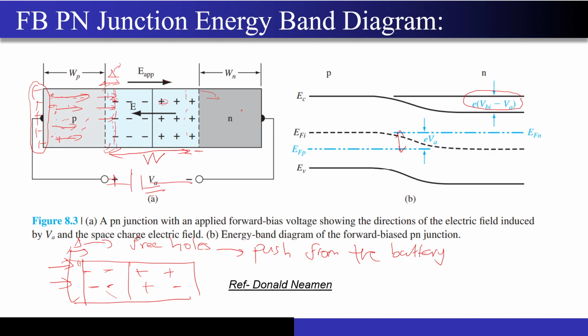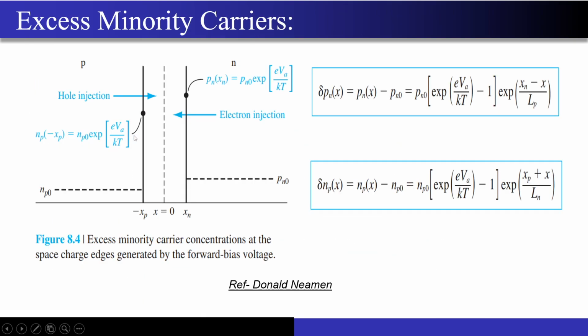So this is what I wanted all of you to know, and this was an intuitive explanation, right? From the energy band diagram you can clearly see that it is getting shrunk, but this intuitive understanding was necessary, right? And now moving on to the concept of excess minority carriers, right? Just bear with me for 2-3 minutes. We will take a short break, just 1-2 minutes after this.